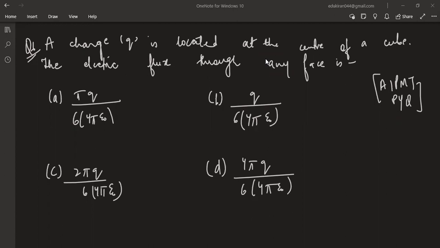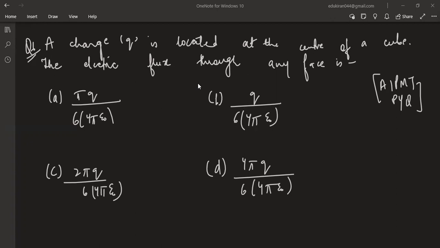Ma'am, yes, Iram. Ma'am, the answer is option D, right? Yes, right. I've seen your answer in the chat box. I was just waiting for others to answer. Right, so let me discuss it then. Class, the option is D. Whenever you have a question on electric flux through a cube,